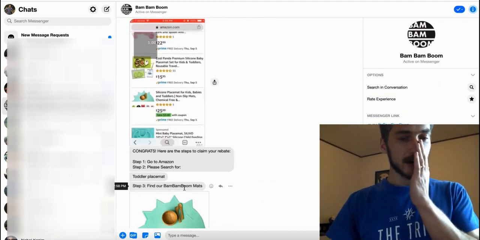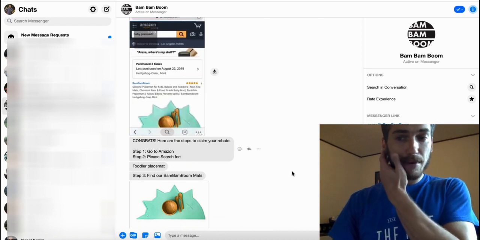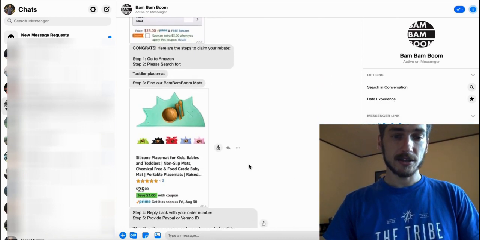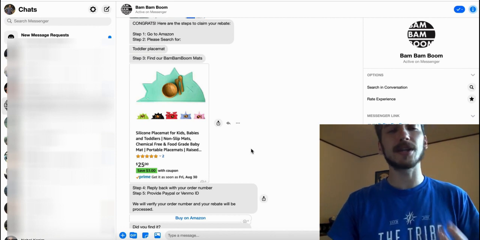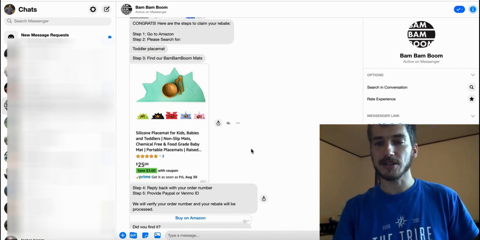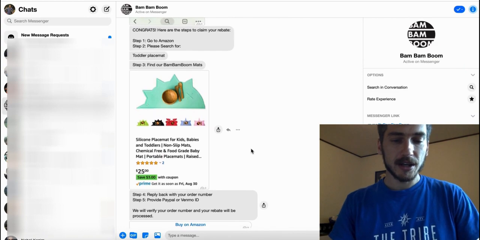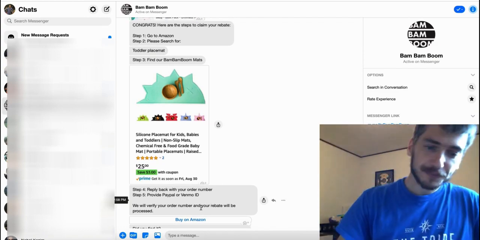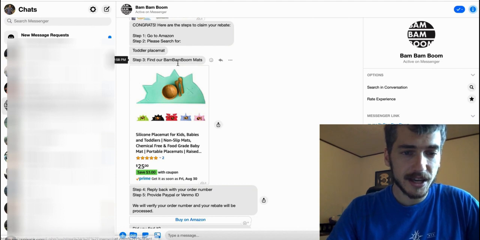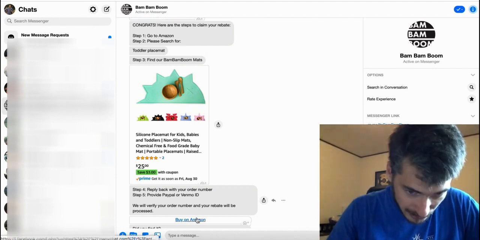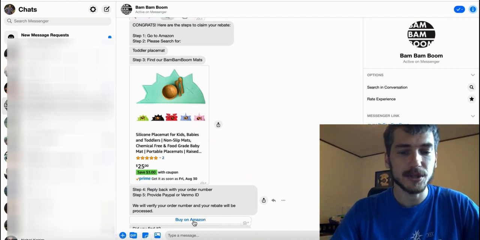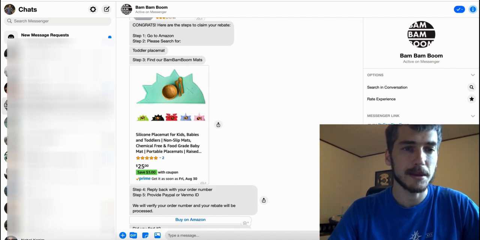Search for toddler placemat with a Bam Bam Boom brand. We're building a case study. So in a way, it's very basic, but it works. Some of the click metrics are really nice, or the cost per message or cost per rebate. But in this case, where it's a search, find, buy, we're linking to Amazon, but this is actually a Pixelfy link. We'll talk about Pixelfy in a second, but it's a Messenger bot